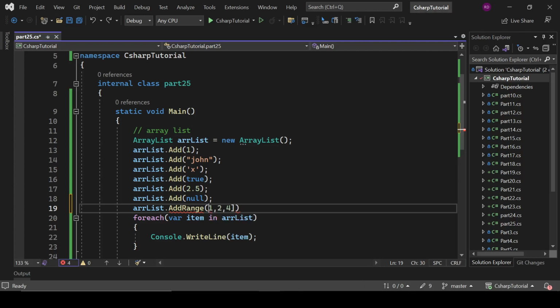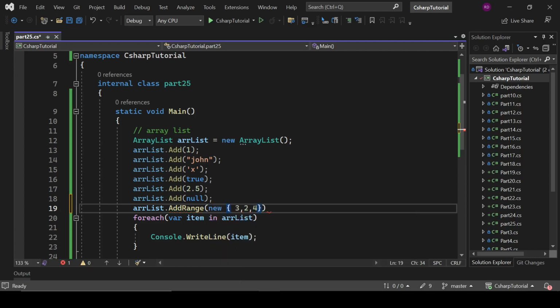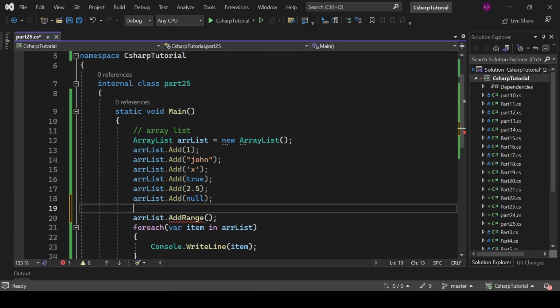Okay, so it is not going to work like that. Let's add 3, 2, 4. Now we are passing an array to it. AddRange says that we can add multiple values to an array list. Let's write it like this. So that is how we can add the values to it, or we can write int values